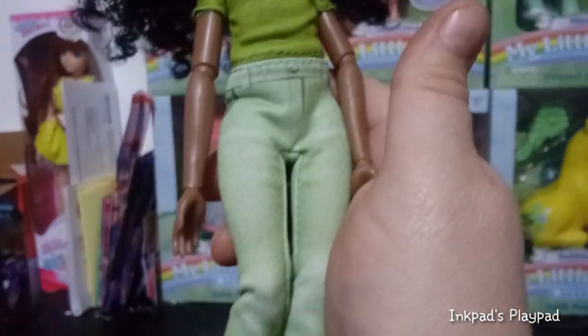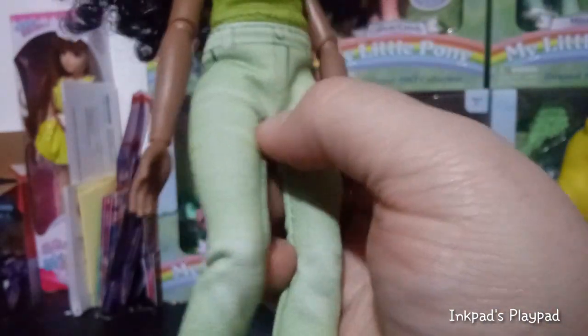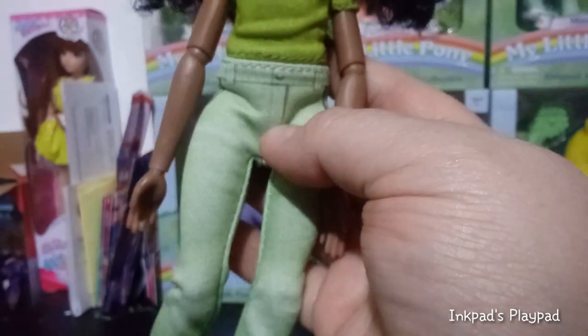Now, here's where I get irritated. Now, her pants, they have a green-white texture to them. A green-white, not texture. Yeah, I guess texture. So where it's supposed to wrinkle, they give it a little bit of white there to make it look like it's jeans, but it's definitely not jeans. This is all printed on. It's a printed on belt, printed on pockets, printed on snap, and printed on hems on the bottom, and it